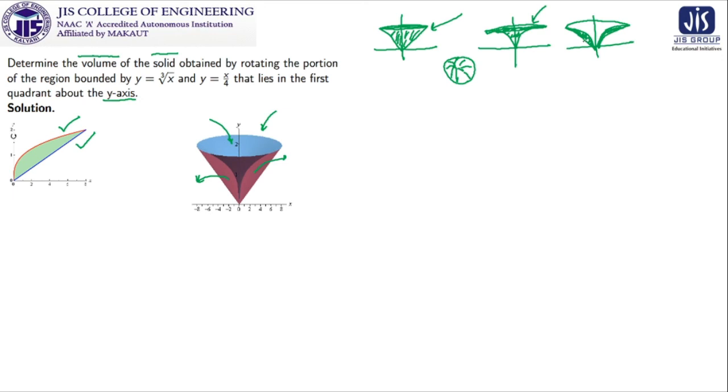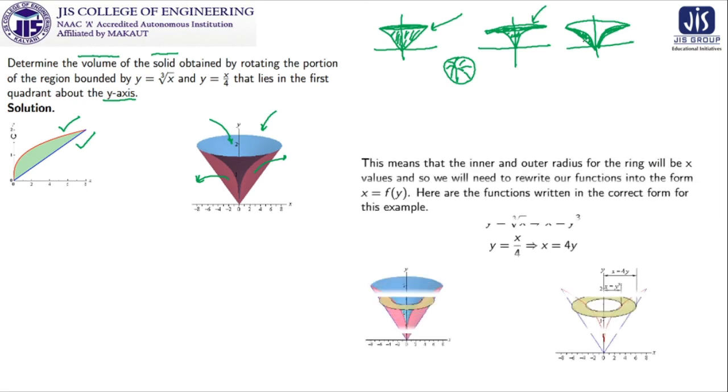But instead of calculating both the volumes separately, we will use this particular concept, that this means the inner and outer radius for the ring, because it is actually a variable ring which is moving. Look at this, what we are trying to say here. This is the area which you have to consider, and the volume generated by the area of this one.